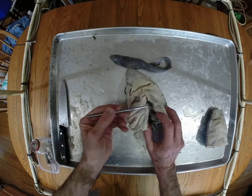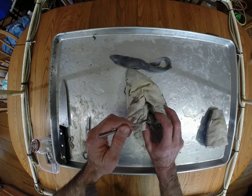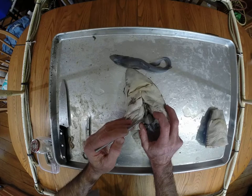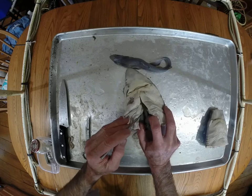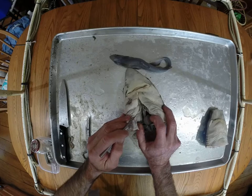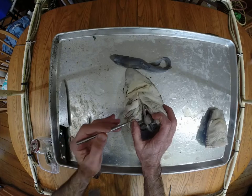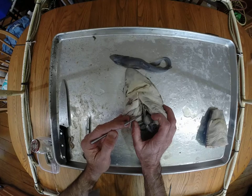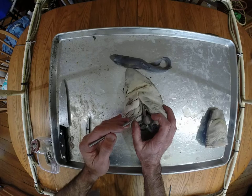So since we're looking at the ventral surface of this fish, the atrium is the dorsal chamber, and then the ventricle is the ventral chamber of the heart. So the ventricle then will contract and pump blood into what's called the conus arteriosus. Okay, and that's this area right here. And this is similar to the bulbus arteriosus we talked about in bony fish, and it's a contractile area. It's got one-way valves in it so that blood can't flow backwards,